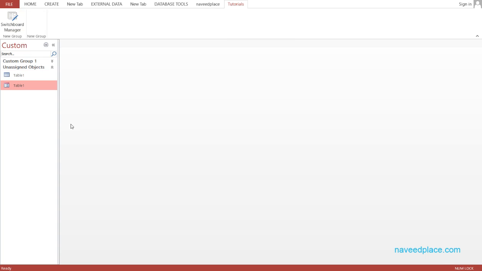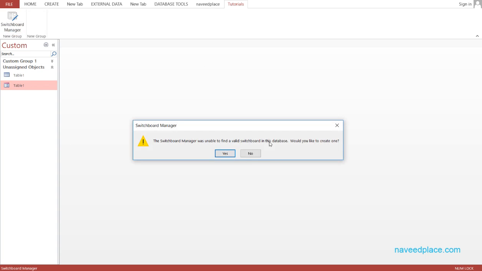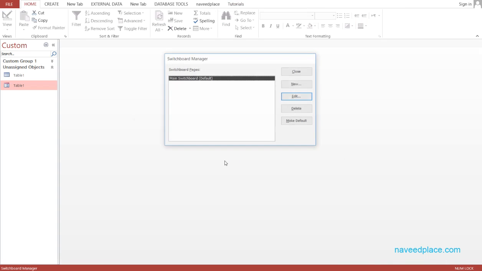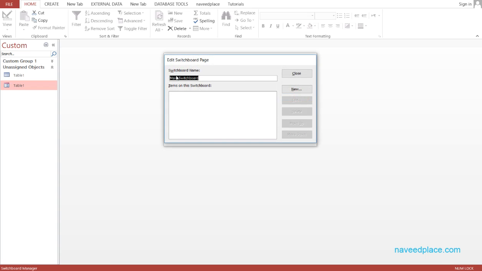So how can we use Switchboard Manager? We will see now properly. We click on Switchboard Manager, and here it is saying that you don't have a Switchboard yet. Would you like to create one? I say yes, I want to. So I click on Yes, and as you can see, now we have Switchboard Manager, and I click on Edit, and here we have to give the name to our Switchboard. So I say that the name of the switchboard is